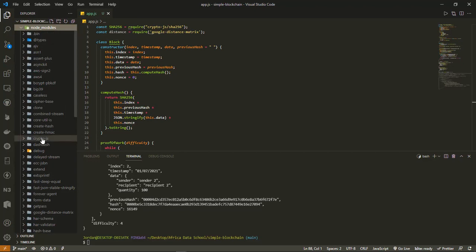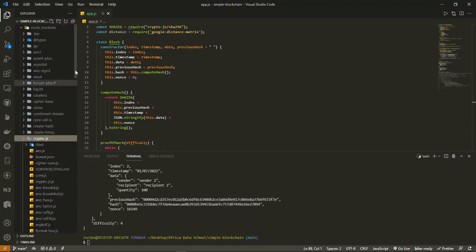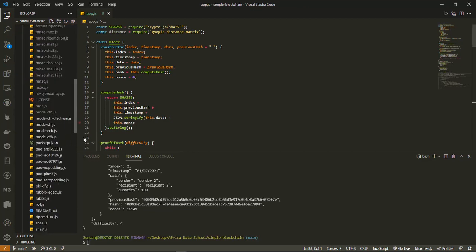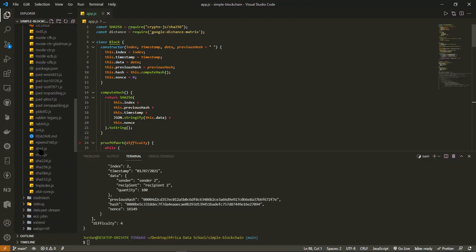Under Node modules, this is the package that I have installed, crypto-js. If you go inside crypto-js, you'll be able to see the different encryption methods that are there. So this is secure hash 1, secure hash 3, secure hash 224, 256, 384, 512, and also the likes of